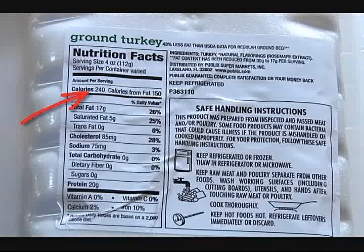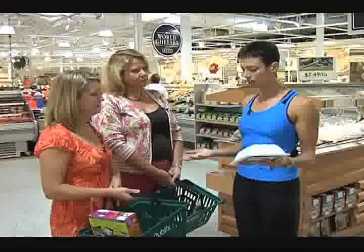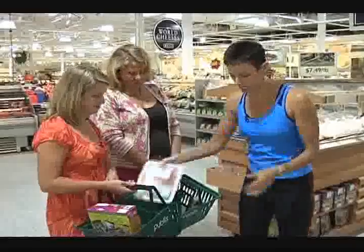The key with this is the calories from fat is 150, okay? So that's almost 60, a little over 60% fat. Do you think, well, ground turkey is supposed to be better? Well, the better option is